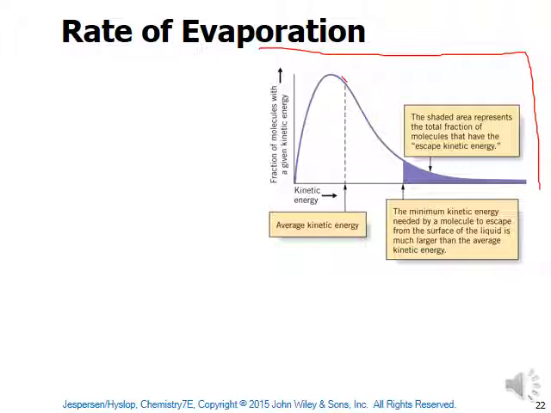This over here is the population of molecules at some energy. I don't know what temperature this is, but let's say this is room temperature. And it says most of the particles, on average, not quite average, but most of the particles will have